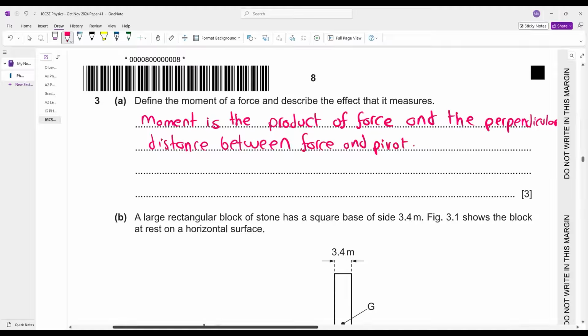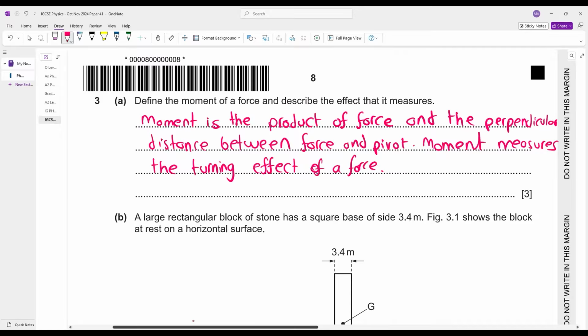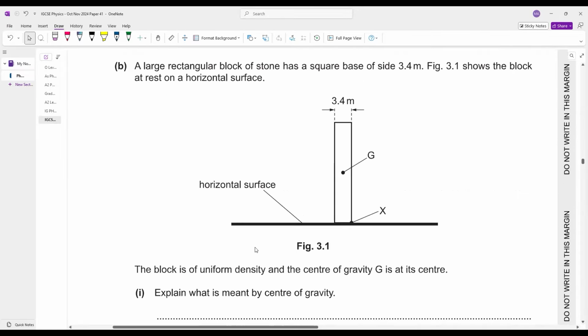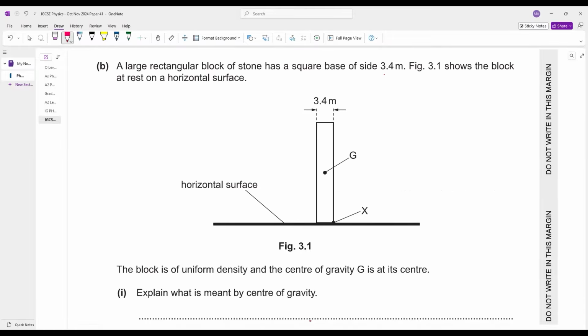What does the moment measure? बेटा moment क्या measure करता है? Moment measures the turning effect of a force. Moment measures the turning effect of a force. Simple. Let's further move ahead. A large rectangular block of stone has a square base of side